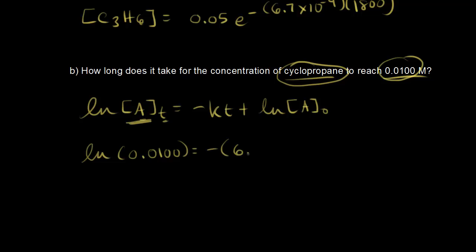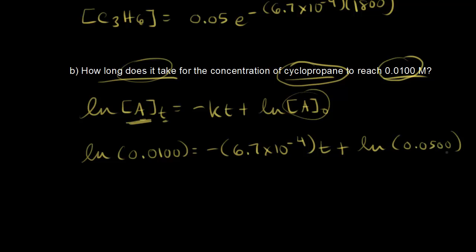So this is negative 6.7 times 10 to the negative 4. The time is what we don't know, right? How long does it take? So we're trying to find the time. And we know the initial concentration of cyclopropane. Once again, that's 0.05 molar. So this is the natural log of